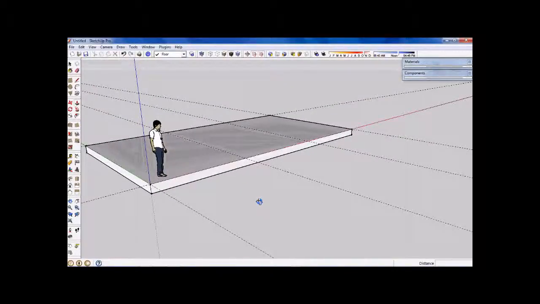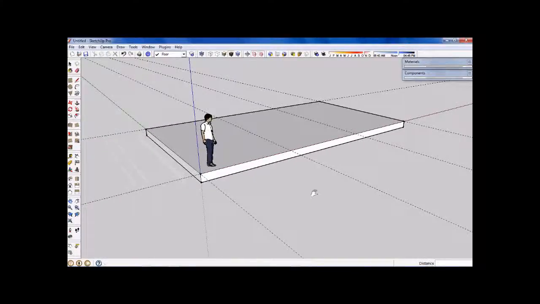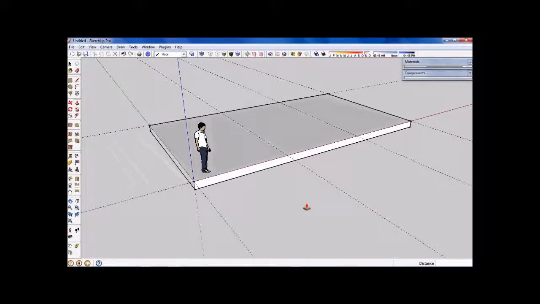Okay, so we've got the main part of the building floor laid out at this stage. Now, before we go any further, you may remember at the back part of the building was stepped out underneath the eaves of the building at one little stage. So I'm going to orbit around so I can see the back edge of the building, and while I'm still in the floor command,